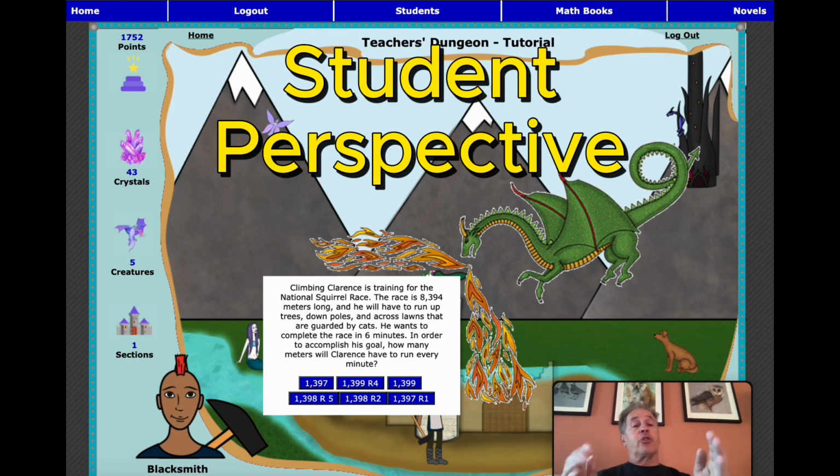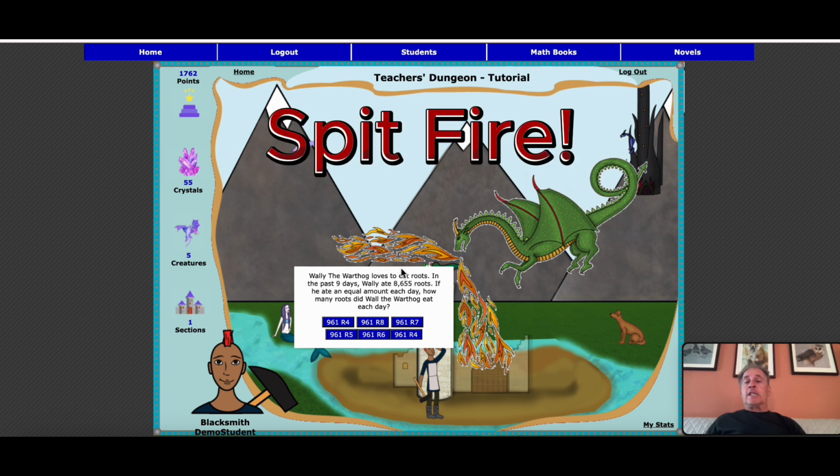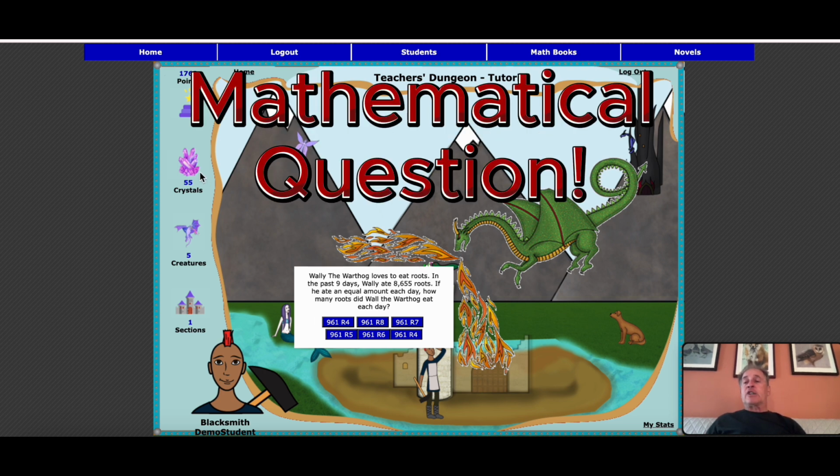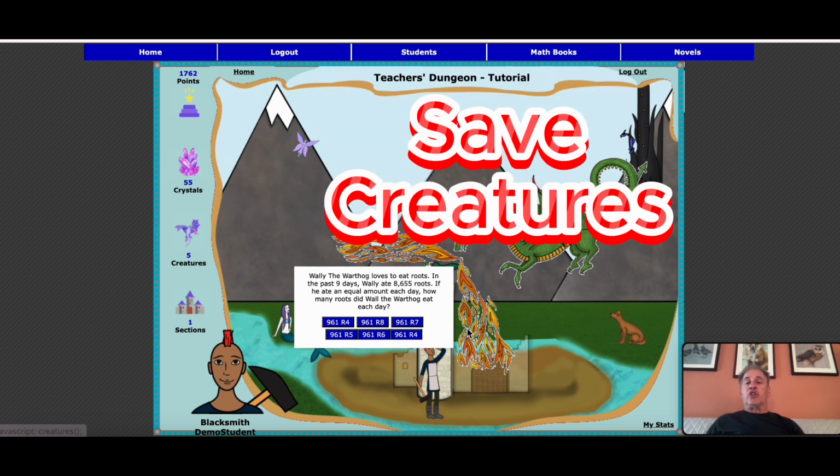Now, this is done through the student's perspective, so we're looking at what the students would see. Once they log in, the dragon will fly in and spit his fire, which turns into a mathematical question. If kids answer questions correctly, they earn crystals, which they can use to save creatures from the dungeon, like this